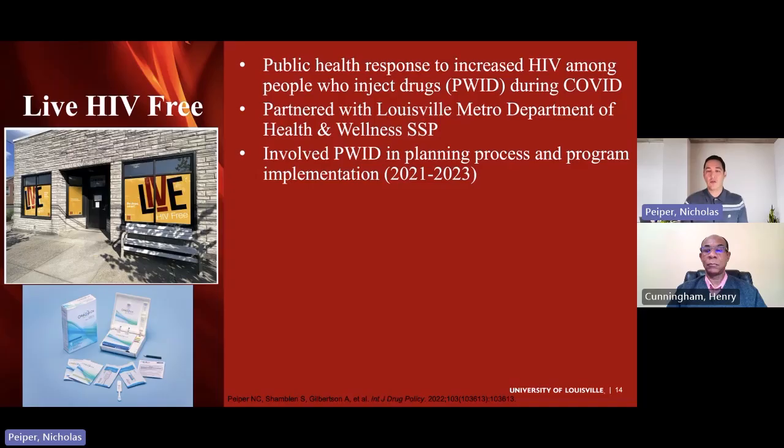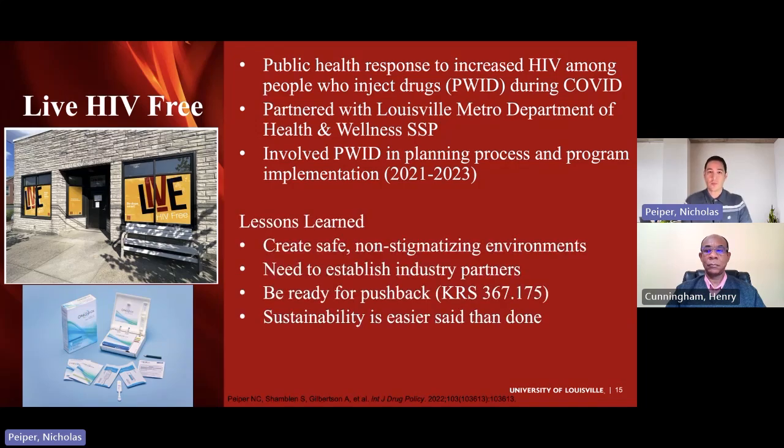So at the time in 2021, we were seeing wide-scale interruptions to HIV testing and other sorts of services. And rightfully so, was making this population very nervous about how they address a growing problem, especially since Louisville Metro is an HIV epicenter. We've been hit hard by the opioid crisis and the overdose crisis. So it was really important to come up with a solution that this population would be amenable to.